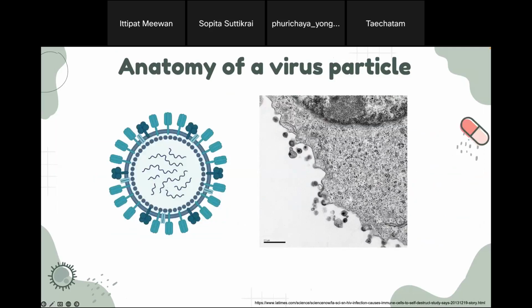So as I said, the virus cannot be seen under the light microscope. To visualize it, we have to use the electron microscope, right? I'm going to be talking about the electron microscope later when we get into the structure of the virus. But here is an example of the pictures after we capture them from the